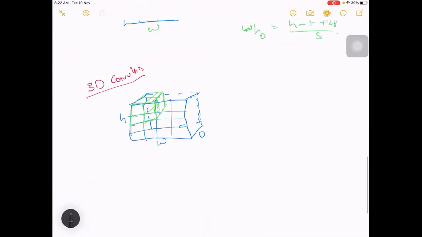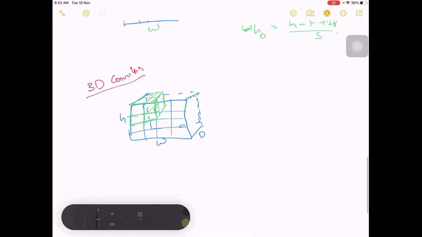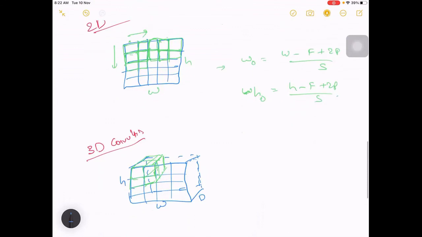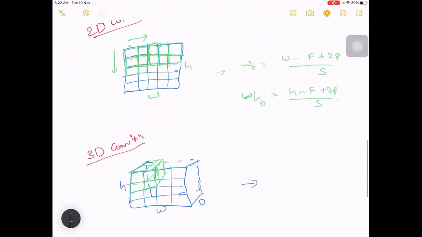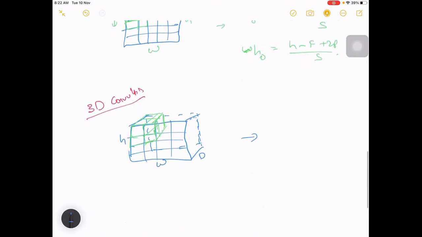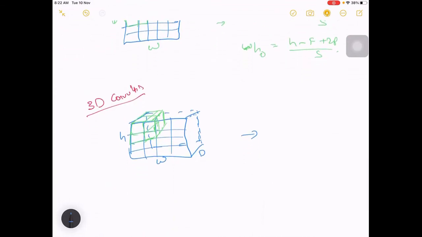And this output, the dimensions are the same. If it is a single filter, because you are multiplying entirely and you will add all these layers, you won't get a 3D output. Your output will be 2D.